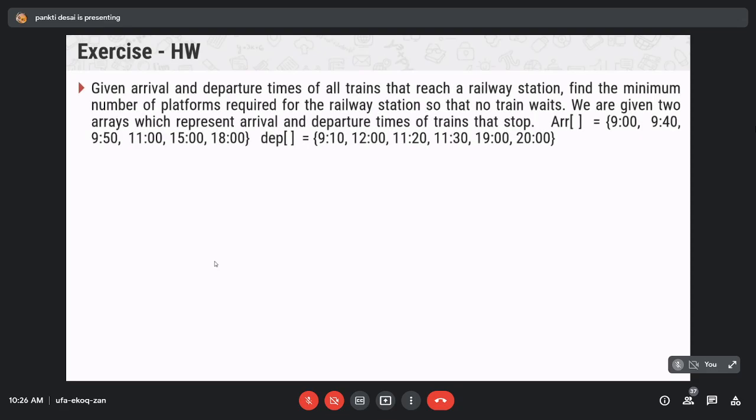Now all of you tell me the final selection set for this given problem. Solve this problem in your notebook and finally tell me the solution set for this activity selection problem.